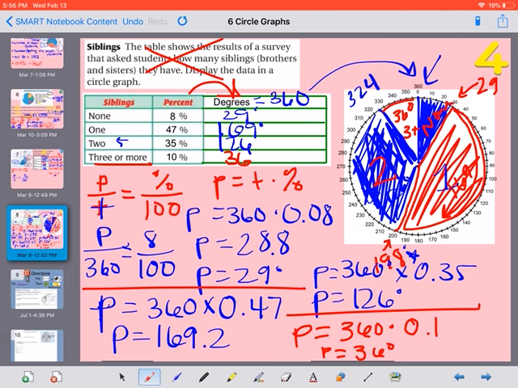So the trickiest part here is knowing that you have to go in a circle and put the pieces next to each other. We're not overlapping. You're starting where you left off from the previous number.